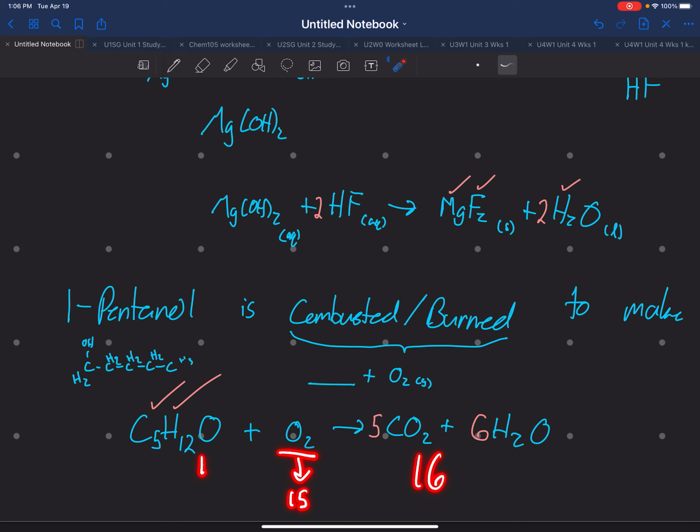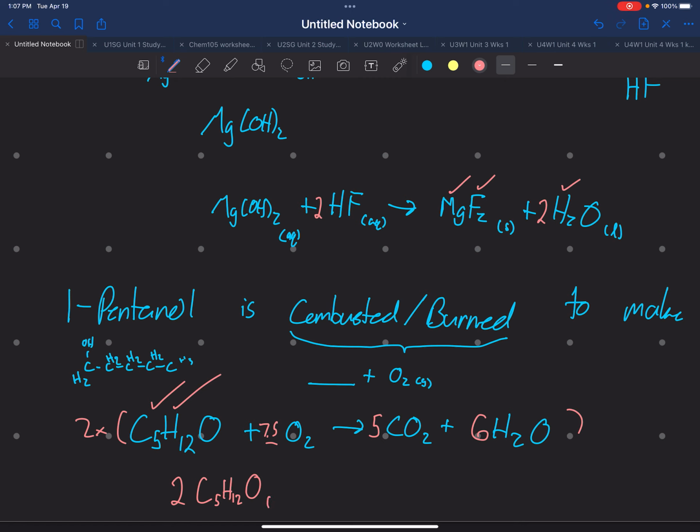How are we going to make O2 equal 15? Well, 15 divided by 2 is 7.5. But wait, dude, we can't have decimals. So we're going to have to multiply everything by 2. So that would be the final answer: